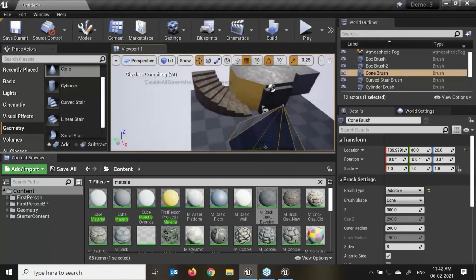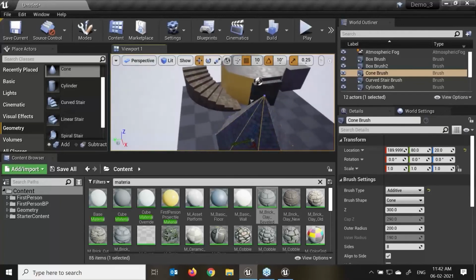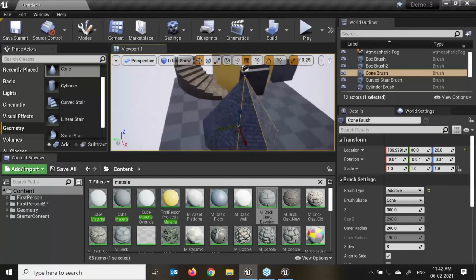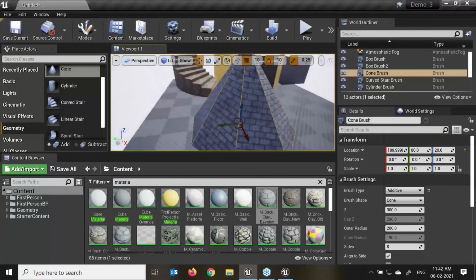A material, we can say, is an asset that can be applied to the mesh to control the visual look. I'm just giving an intro to controlling the visual look of the scenes. At the highest level, it is probably easiest to think of the material as the paint that can be applied to an object, but even that can be a little misleading, since materials literally define the type of the surface. Right here, see, this is already applied.